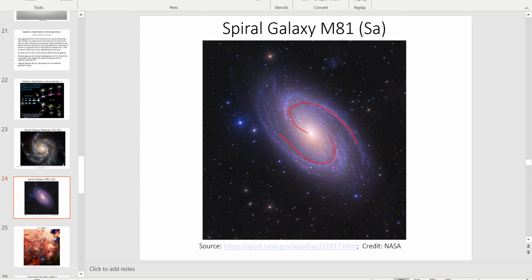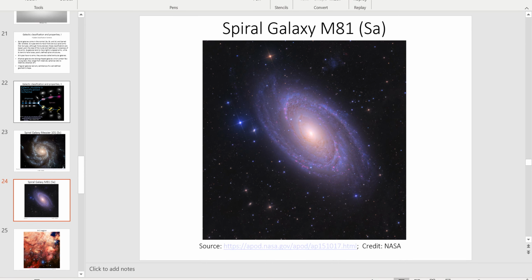As I said, this is not always the case for SA and SC galaxies. They don't always look like these stereotypes. I'm stereotyping the galaxies a little bit. You'll see SC galaxies and SA that look different, but for the most part, these are the characteristics of the galaxies. Hopefully now you'll be able to differentiate these. SB galaxies are in between.